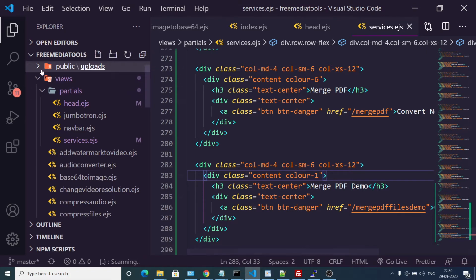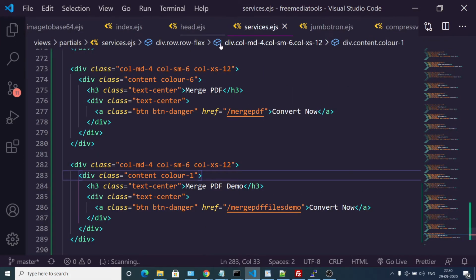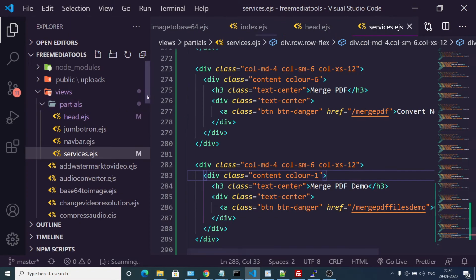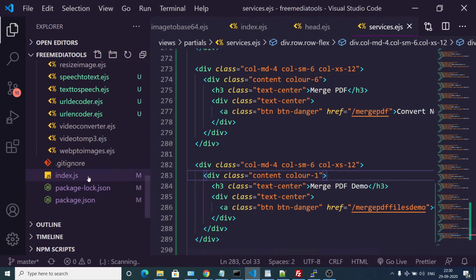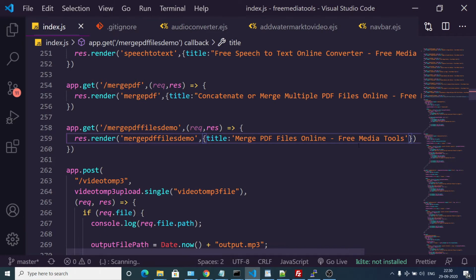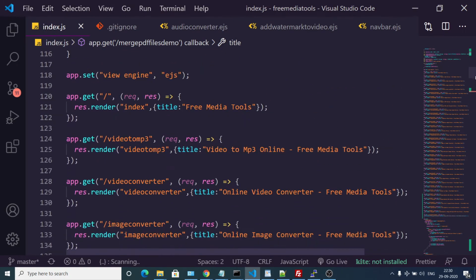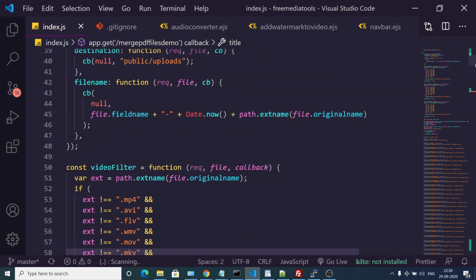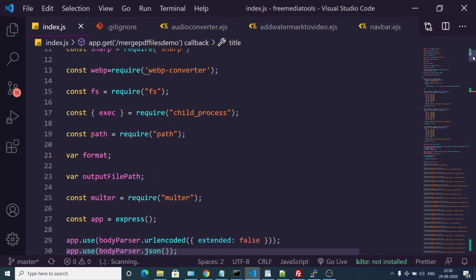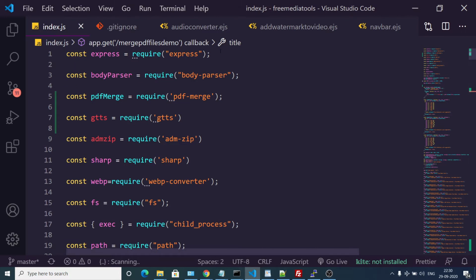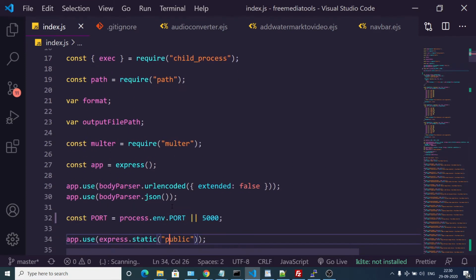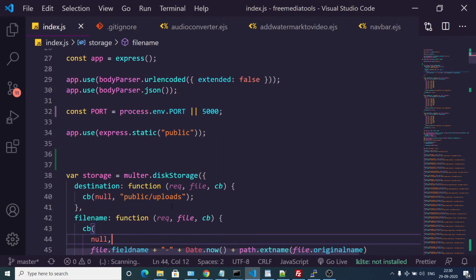Now to tell Express to make that folder static, inside my index.js I have already added these middlewares. I will give you all the source code for this tutorial inside the video description, so no need to worry that I am not telling you what to do. So I have already imported Express, and right here we have created these folders programmatically inside the if condition, and we have set this directory public as static by using this express.static middleware.